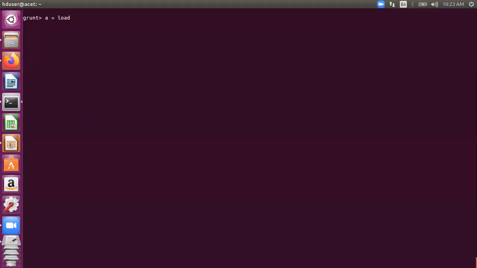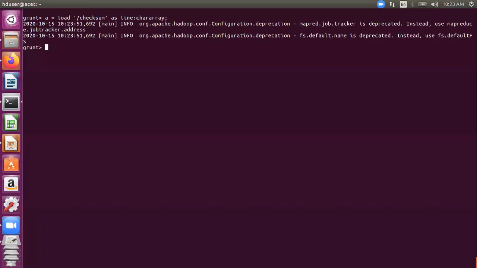So I can load this file. It's in the root of the distributed file system. Let me give the name as this only, as line char array, right? I've taken the column name as line.